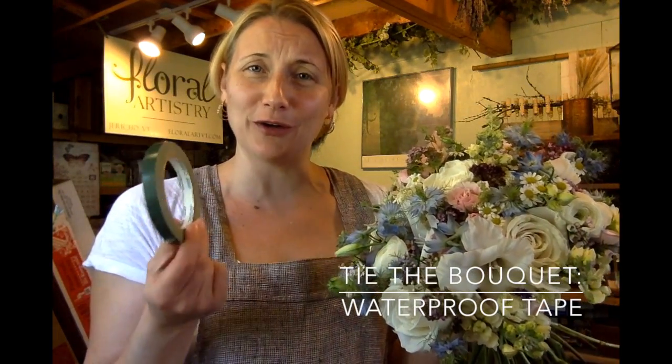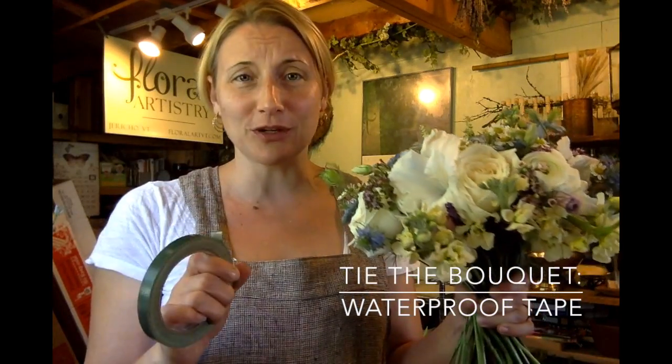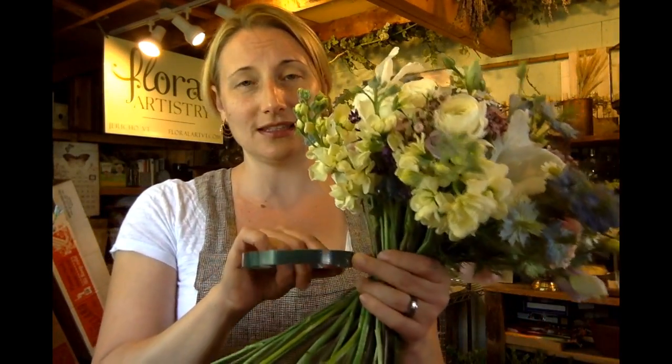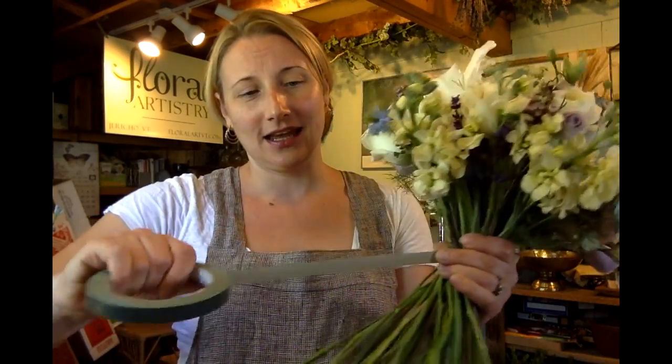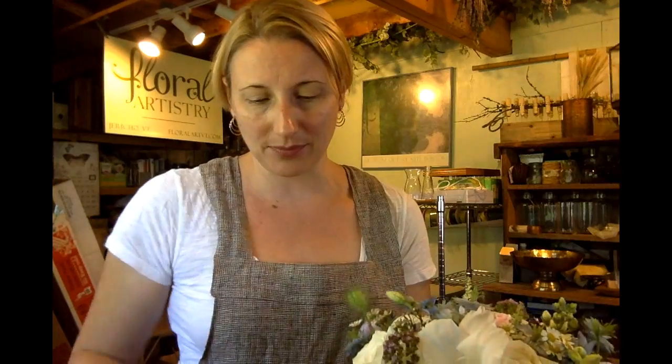Okay, so now that I have made my bouquet, it's time to tie off my bouquet. I was always taught to tie my bouquets with wax string, and I did that for many years, but now I'm super into this waterproof tape, and this is pretty much my only method. I like it because it's really easy to do even when I have something in my hand, and I'll just cut off a little piece of tape